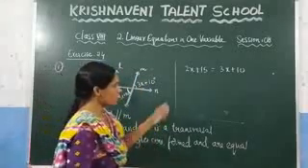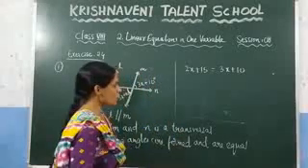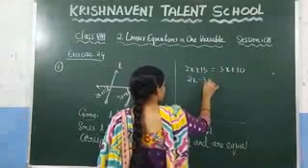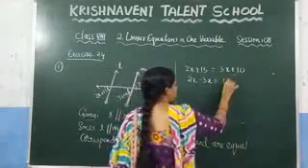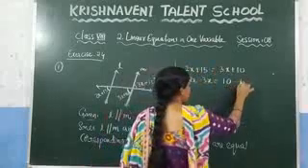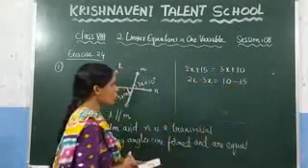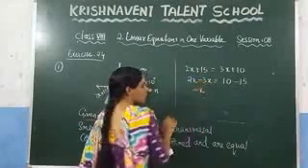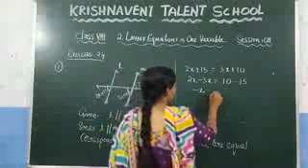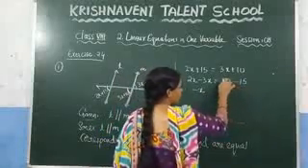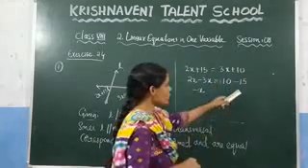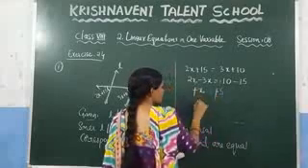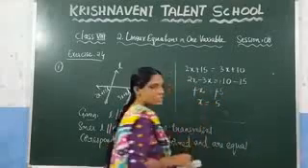So, what is the next step? You need to take all the variables to one side and all the numbers to the other side. So write it here: 2x. If you take plus 3x to this side, it becomes minus 3x. The number left out here is 10. If you take plus 15 to this side, it becomes minus 15. Now, 2x minus 3x is minus x. And 10 minus 15: if one is minus and the other is plus, you need to subtract. 15 minus 10 is 5, and the bigger number has the minus symbol, so it is minus 5. The minus signs get cancelled, and you get the x value as 5.